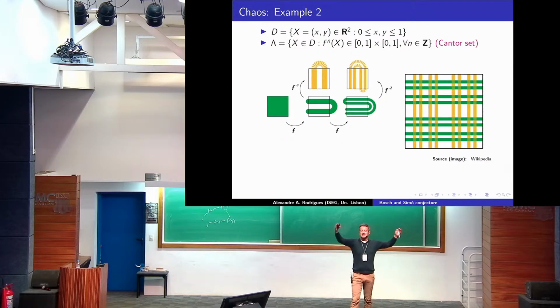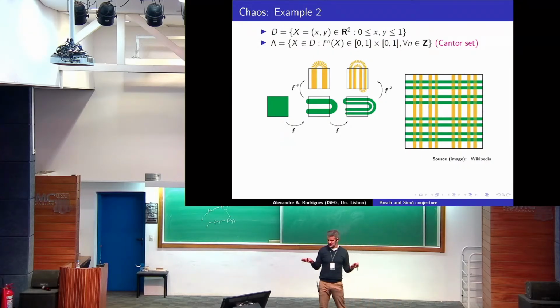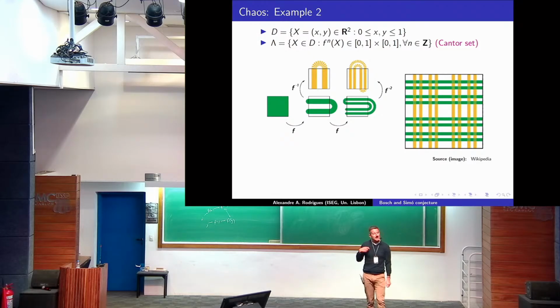So suppose that I have a square of size 1, and in the horizontal direction, I'm going to expand by 3. And in the vertical direction, I'm going to contract by 3, so multiply by 1/3, okay? Then I'm going to fold and put it in this form here. This is why I call it the Smale horseshoe, okay? The shape is the horseshoe. So I'm going to put this into the original square.